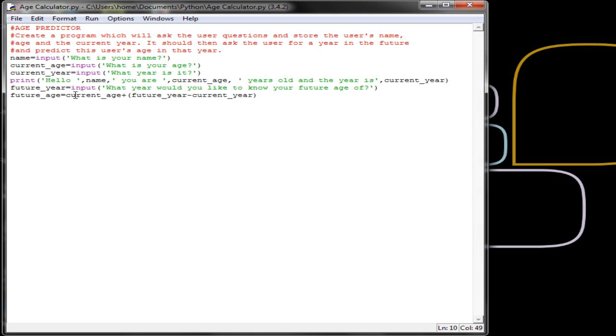And what we need to do now is to convert these numbers that we're using, so current age, the future year and the current year. To do calculations, we have to convert these into ints. There's a few different ways we can do it. We can do it within the actual calculation down here, or we could do it at the start. For this example, I'm just going to do it